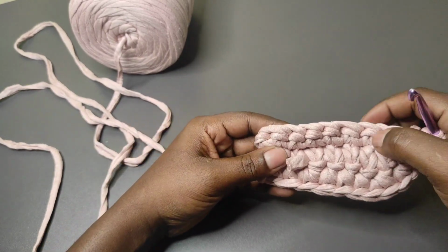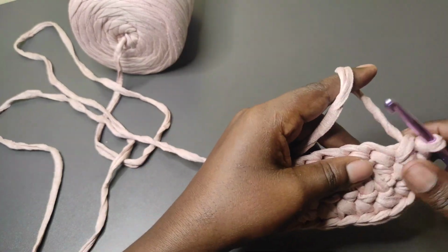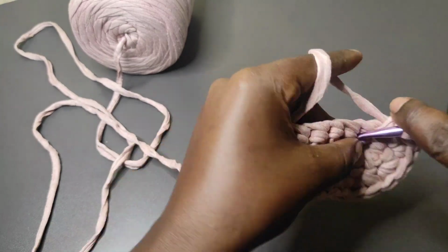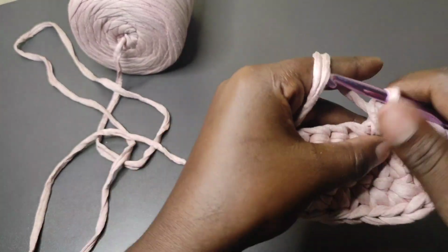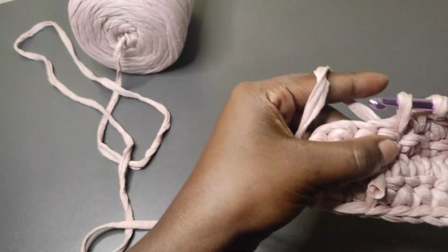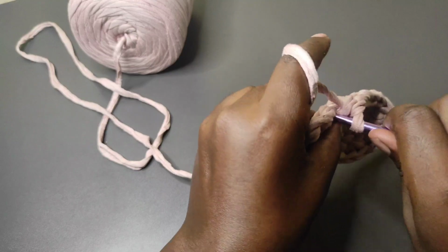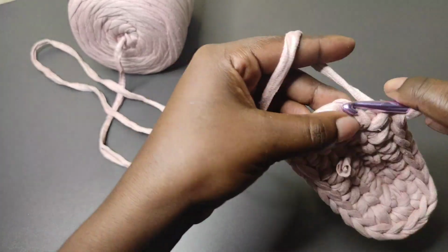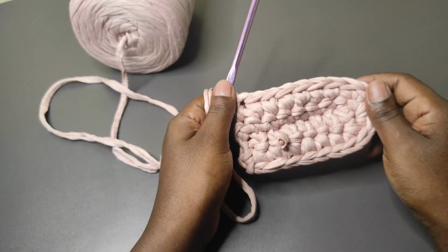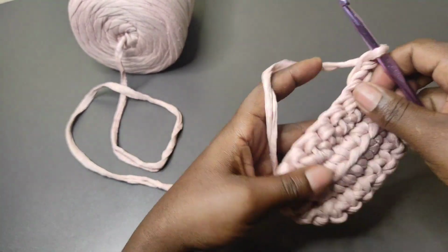Now the remaining stitches will each get 1 single crochet. So we're going to have 1, 2, 3, 4, 5, 6, and 7 single crochets to the end of round 2. 7 single crochets. To begin round 3, we chain 1 and turn,